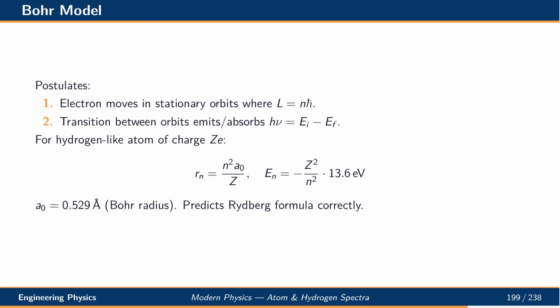Electrons move only in stationary orbits where the angular momentum is an integer multiple of h bar. Transitions between orbits emit or absorb photons, whose energy equals the difference of orbital energies. For a hydrogen-like atom of nuclear charge Ze, the allowed radii and energies follow simple expressions. The Bohr radius is about 0.53 angstroms, and the ground state energy is minus 13.6 electron volts for hydrogen. The model reproduces the Rydberg formula and explains